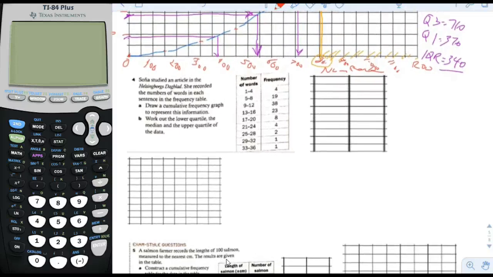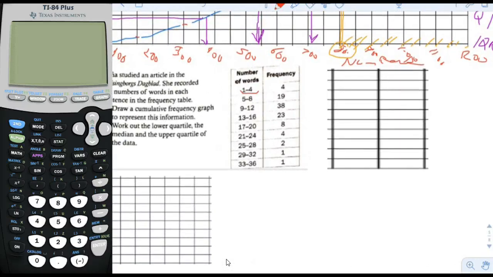Okay, now remember, when you have data classes like this that do not touch the neighboring data class, then you need to divide it by 0.5, right? So like the number between this data class and this data class would be like 4.5. So what we would write is number of words is less than, we could just write less than because the number of words is always going to be an integer. So we could just put n is less than 4.5, n is less than 8.5, n is less than 12.5, 16.5,